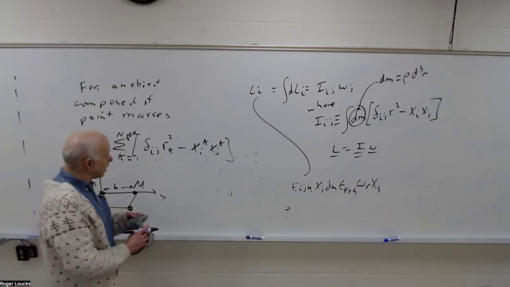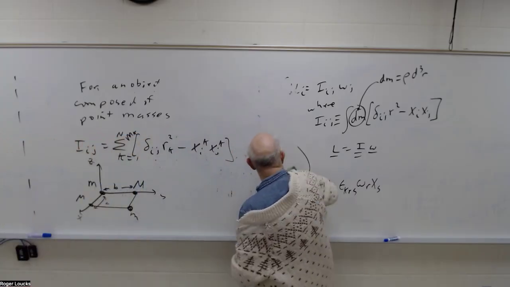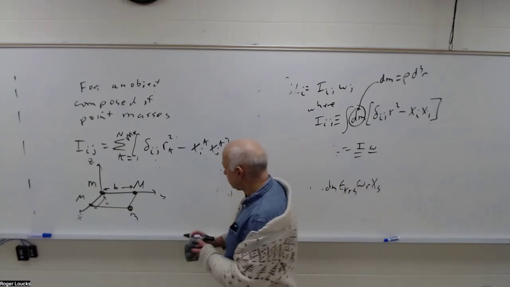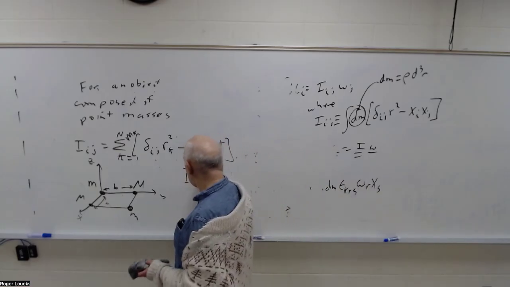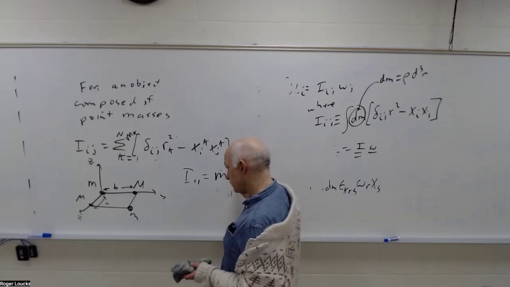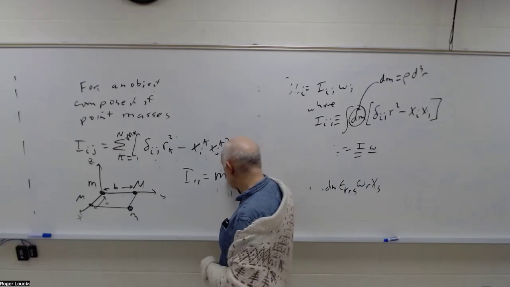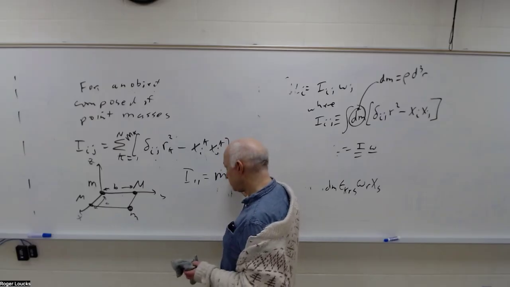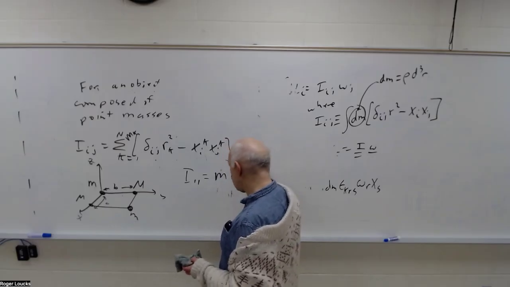And so the question is, what is the I for this? And so we did the I11 last time. So last time we had I11, and this I11 was little m,